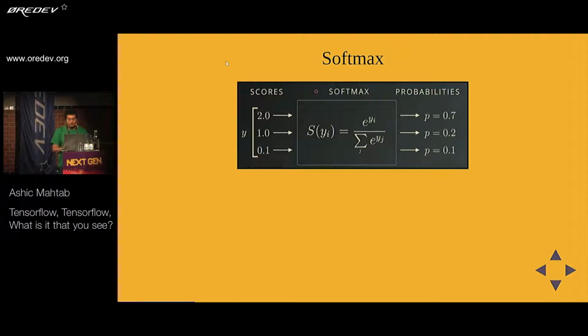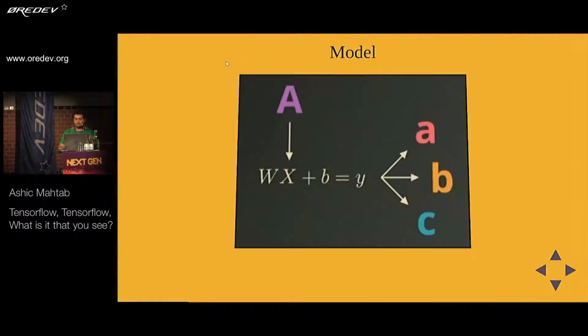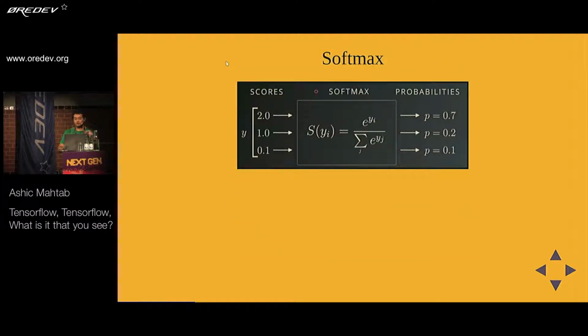So what we do is we take the scores from this equation. By scores, we mean Y, right? So given our inputs and our weights, we take the scores, and we run it through this particular equation. And that equation is called softmax. It's e raised to an input divided by the sum of the inputs. There's a bit of math there, but effectively what softmax does is it takes a bunch of scores and converts them into probabilities.